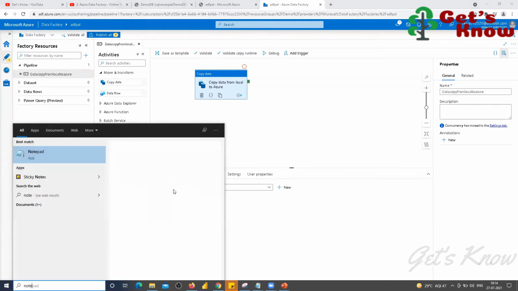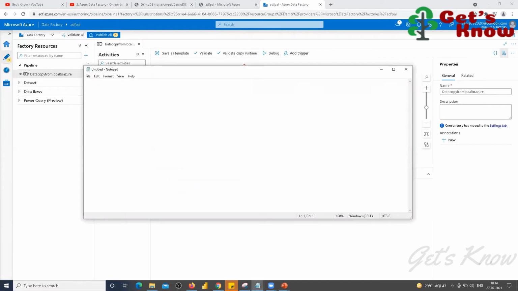For the connection, the feature we have is called Linked Service, one of the blocks. So we have to create the linked service, and the linked service is only for the connection.